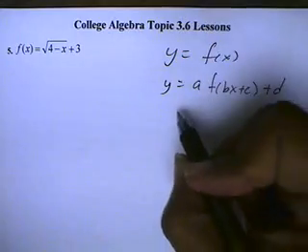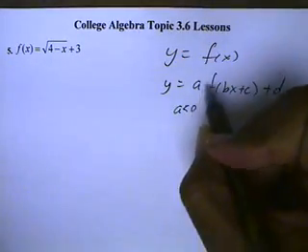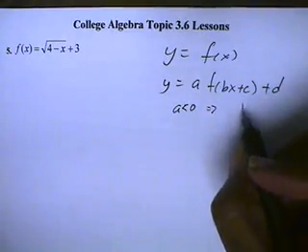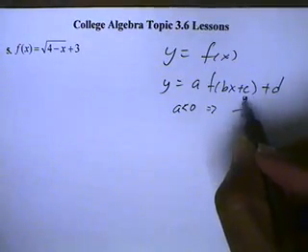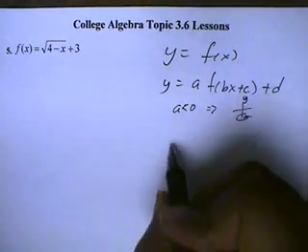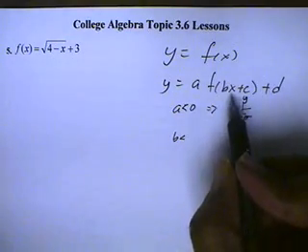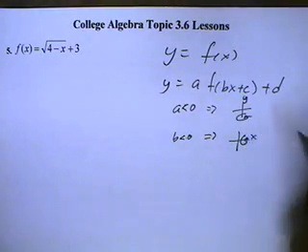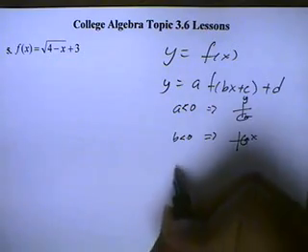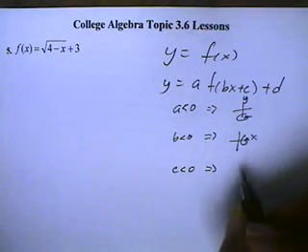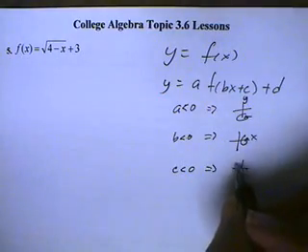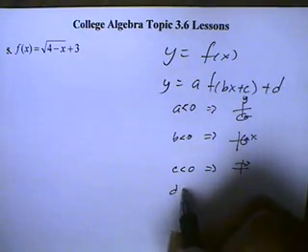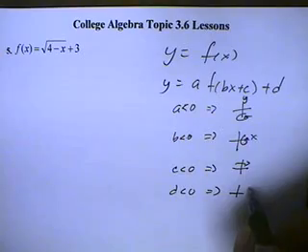on the outside. And our rules are, if the parameter A, a number on the outside, is negative, then we'll get a reflection about the y-axis. If B, the number that's on the x, is negative, we'll get a reflection about the x-axis. If the c parameter is negative, then we'll have a shift to the right. And if the d number, which is the number on the outside, is negative, we'll have a shift downward on